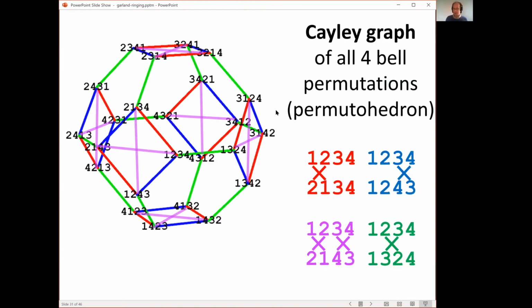So if you want to think about it in a different way, you could think I could write down all possible permutations of 4 numbers, 1, 2, 3, 4, 2, 1, 3, 4, and so on, and I could join 2 of them together if I can get between them by swapping adjacent pairs. So normally, they didn't really talk about this, but normally bell ringers try to,